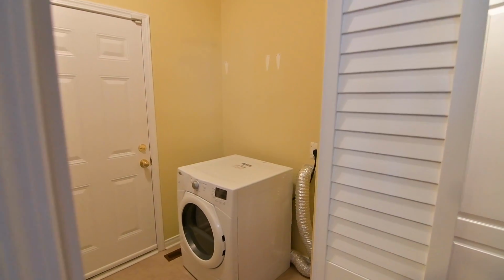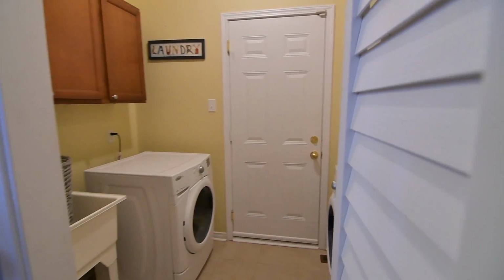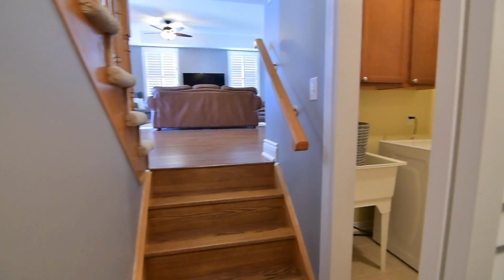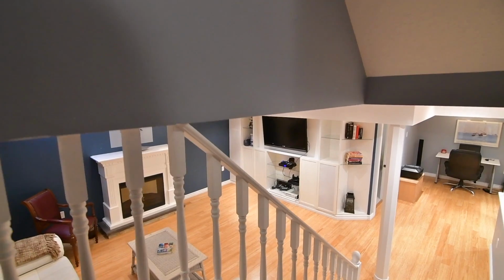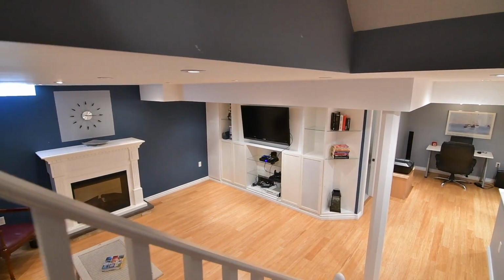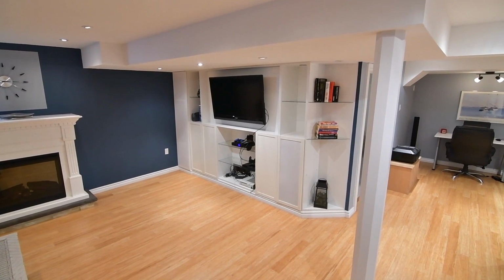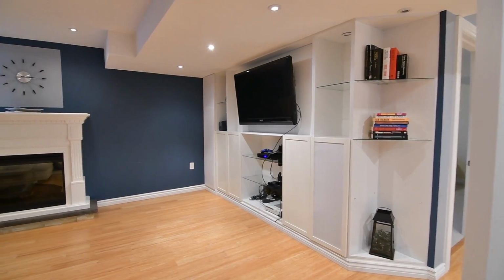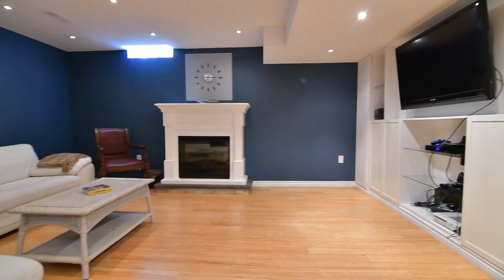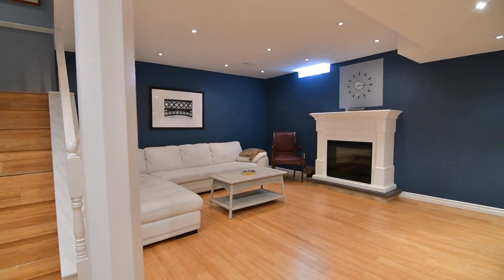Off a lower staircase landing is a laundry room with front-load washer and dryer, ceramic flooring, and access to the garage. And the stairs continue down to a beautifully finished lower level offering wonderful family, entertaining, and play space. Laminate flooring and pot lighting is found throughout most of this level, which features a family recreation area with a gas fireplace and a built-in media unit,